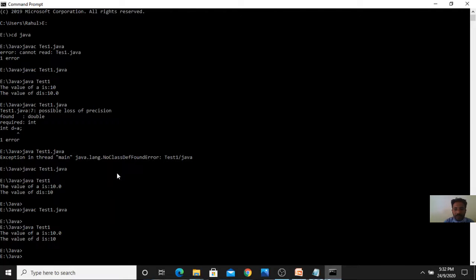So this is typecasting. Typecasting is nothing but converting the value of one data type to another data type, called typecasting or type conversion. There are two types: implicit conversion and explicit conversion. In implicit conversion, Java automatically converts one data type to another. Explicit conversion means we need to convert manually. Java will convert int to double, but Java cannot convert double to int, so we need to go for explicit conversion.